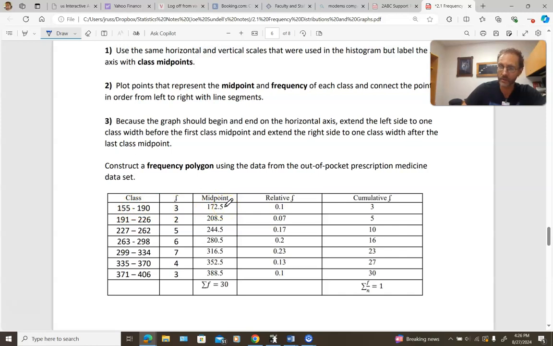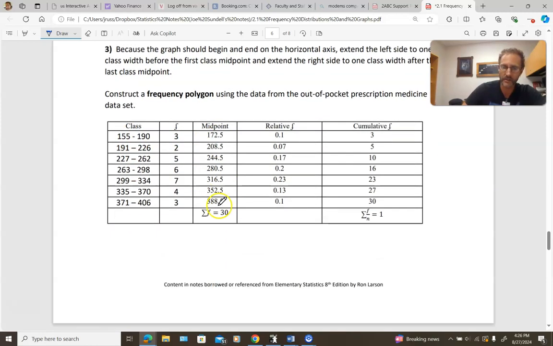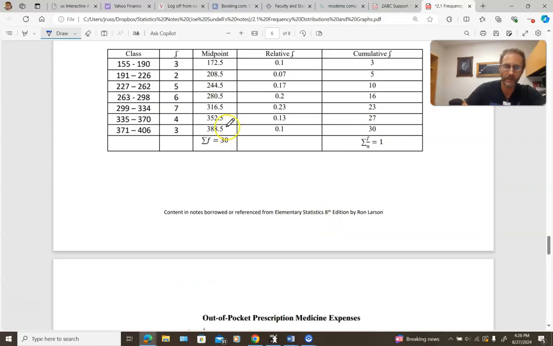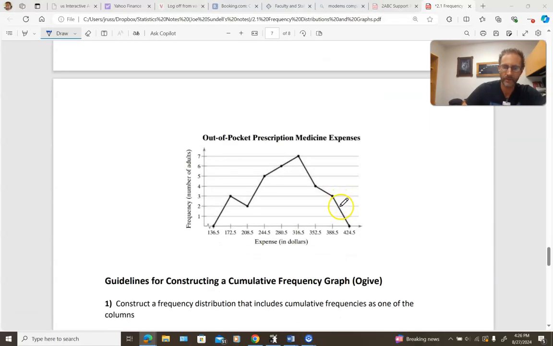Well, the class width is 36, so if I subtract 36 from that, that's where I get this value right here. And furthermore, the upper midpoint was 388.5. We look back up here. This is the upper midpoint. And you can see 36 above 388.5